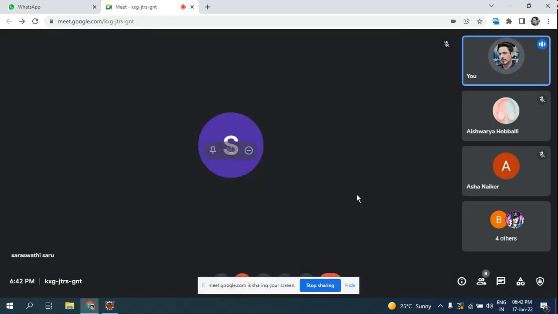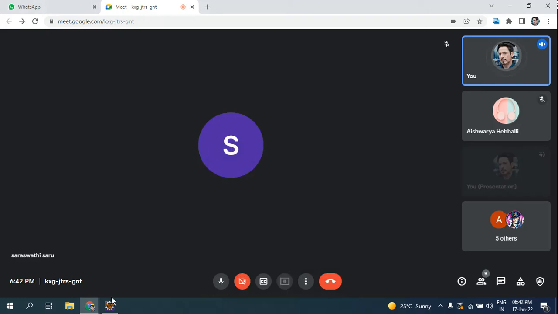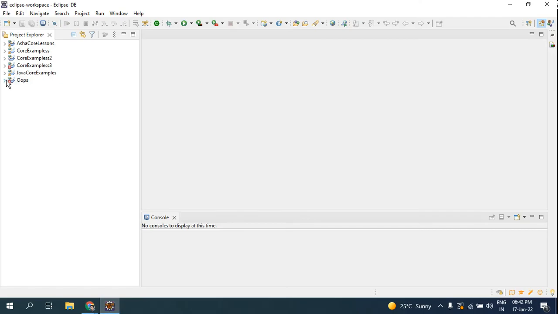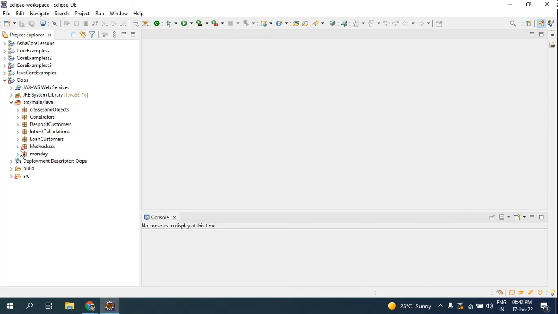So now you are able to see my screen. Now again I have opened the Eclipse, and here in the OOPS project I have this method class where I am having an error because this employee doesn't have the access there. So I will just erase it for now. Well, it is still taking time.